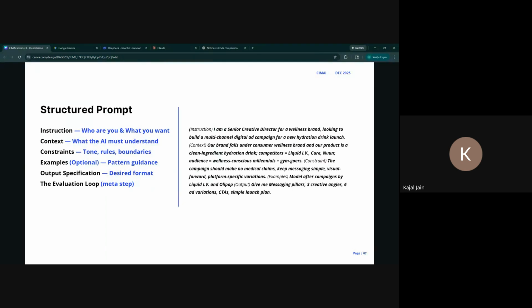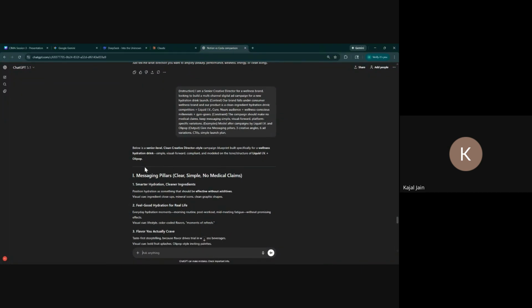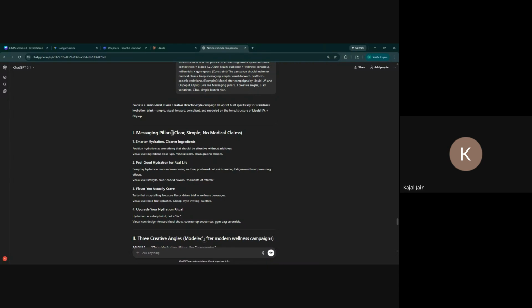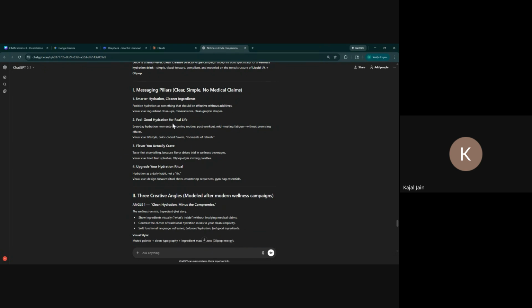Output, I wanted 3 messaging pillars. Give me messaging pillars, 3 creative angles, 6 ad variations, CTAs, and a simple launch plan. So I went into ChatGPT and plugged that in. It started off by giving me the messaging pillars, and it reiterated that it's clear, simple, no medical claims: smarter hydration, clean ingredients, feel good hydration for real life, flavor you actually crave.